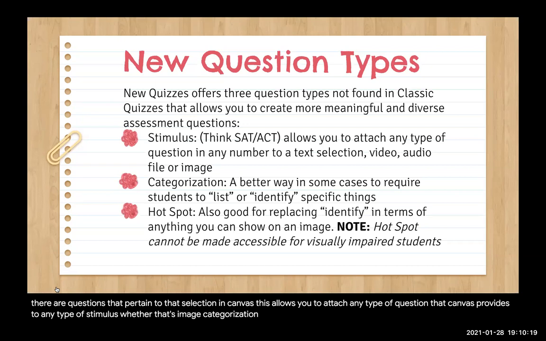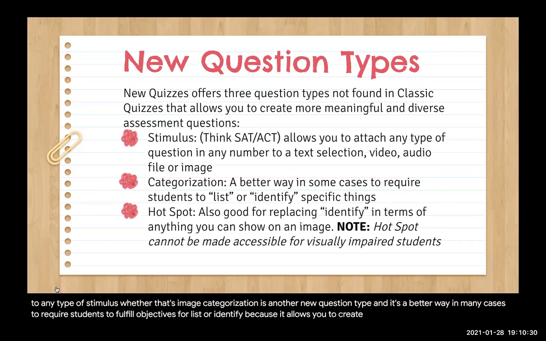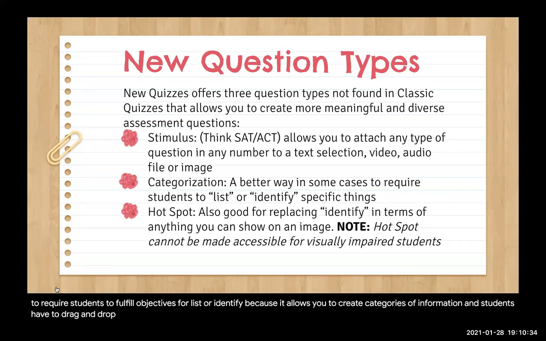Categorization is another new question type, and it's a better way in many cases to require students to fulfill objectives for list or identify, because it allows you to create categories of information and students have to drag and drop information into the correct category. And finally, hotspot is a wonderful tool for replacing identify in terms of anything that you can demonstrate on an